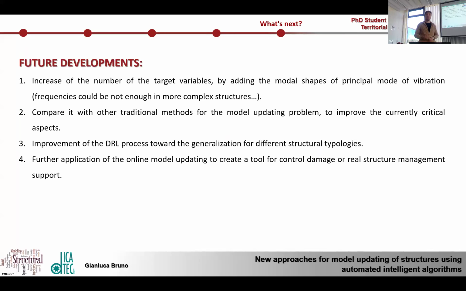In particular, I'm working on inserting the mode shape in the process with the eigenvector, and I will compare it with the other traditional methods to improve the critical aspect, and I test this algorithm in different structural topologies,